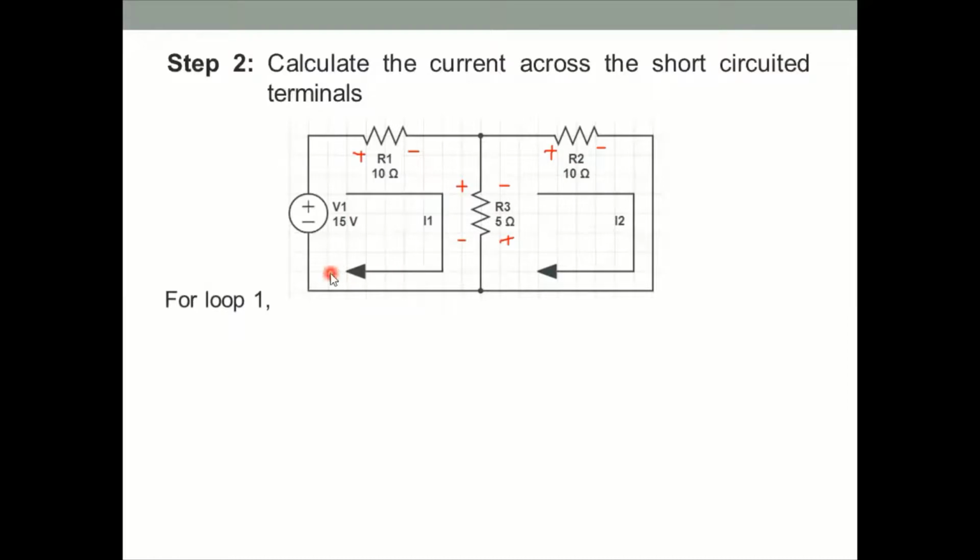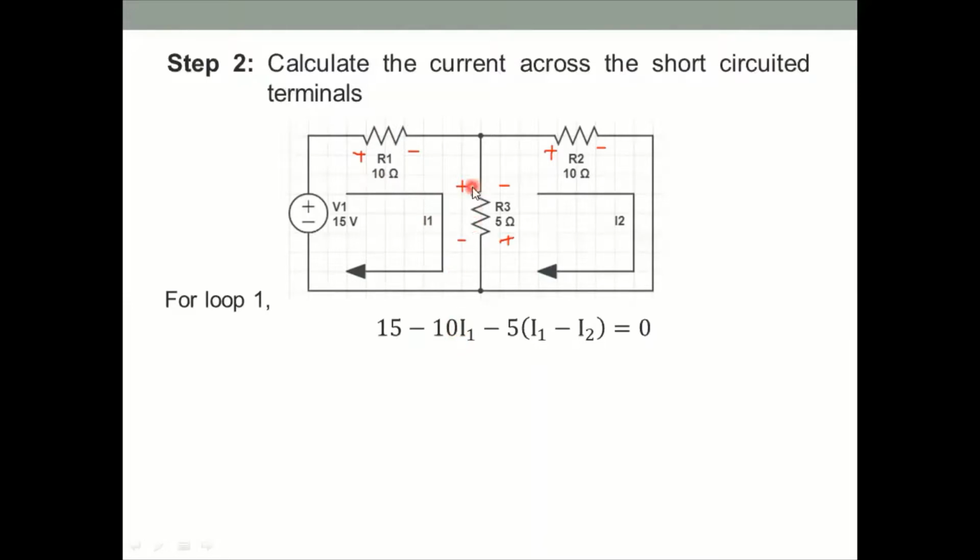So if I write the loop equation, see this I1 is flowing from negative to positive. So we are going to get the value as plus 15. Why? Because from minus to plus, it is a potential rise. Potential rise means plus. So I'm going to write the equation as plus 15. And if you observe, the current is flowing from positive to negative through the resistor R1, right? So from positive to negative means it is a potential drop. So I'm going to write it as minus here, and the drop across this resistor R1 is 10 into I1.